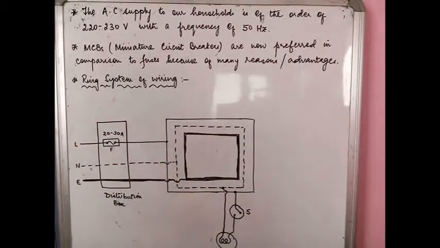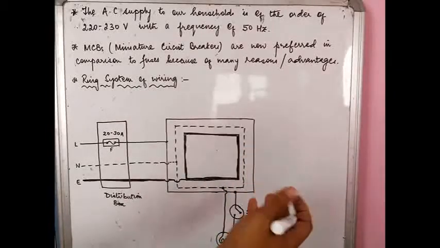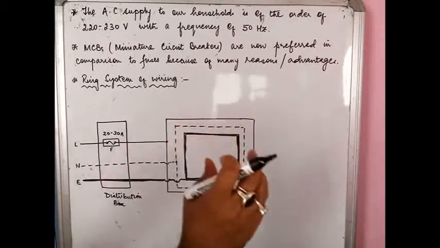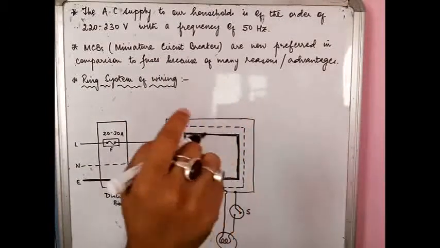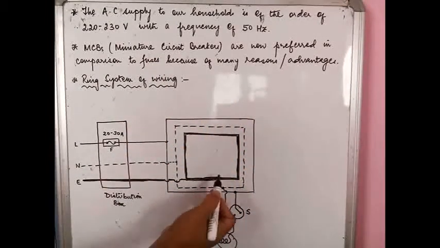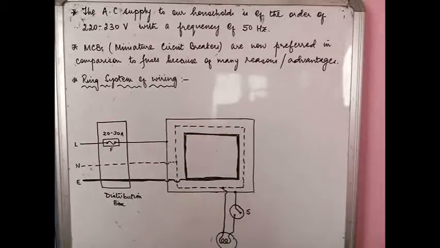Obviously, since this is just a lighting circuit, the earth is not really involved, but if you want an AC or a refrigerator, I have already shown you, there will be a socket involved. For the socket, the topmost hollow hole is for the earth pin, so you have the earth also available. So this is the ring system of wiring, and you will note that it supports the parallel connections, not the series one. We have already studied just now that we always need to have parallel connections for a number of reasons.